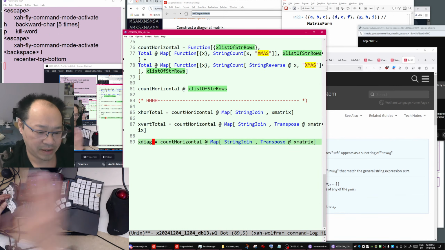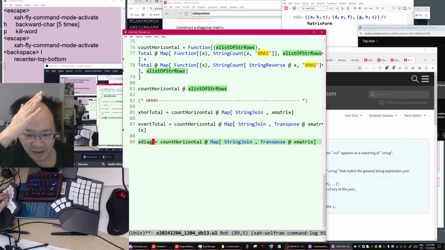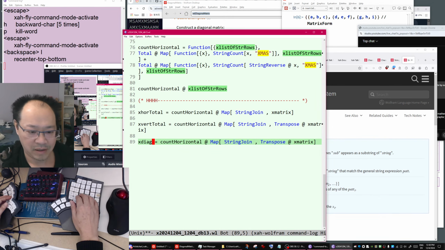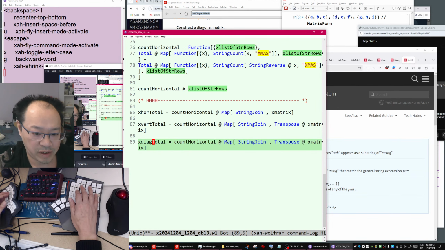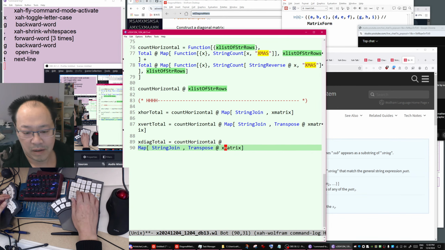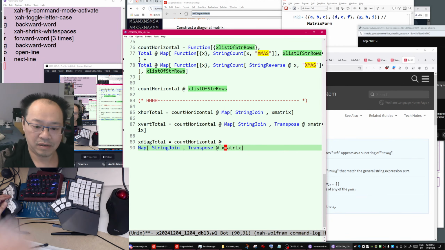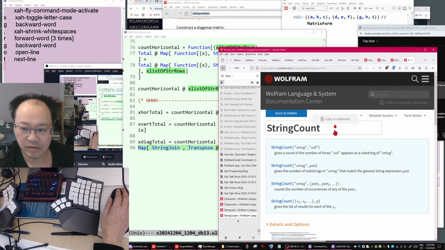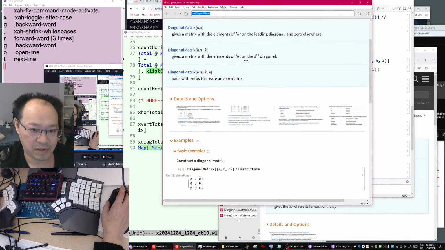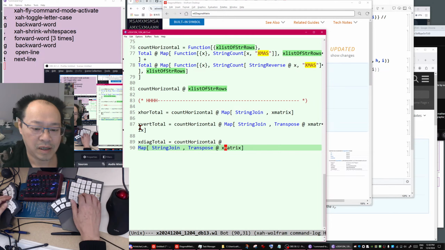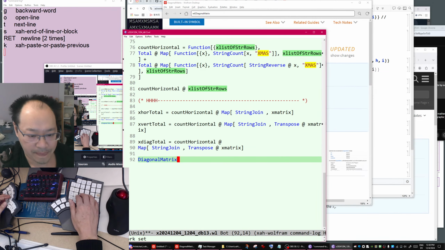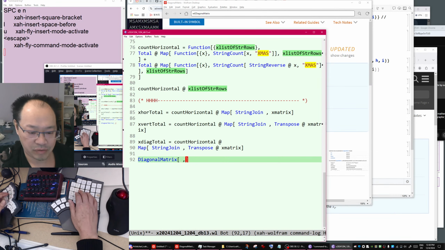Anyway, diagonal means top left to bottom right in math. So diagonal total will be, you use the diagonal function. We have the documentation here. Diagonal matrix. Okay, this needs some work. So diagonal matrix takes two arguments.